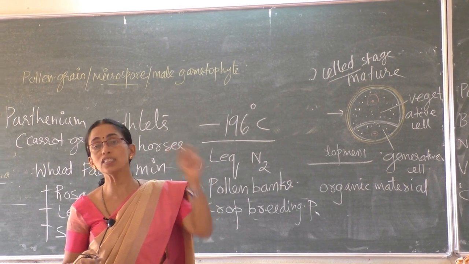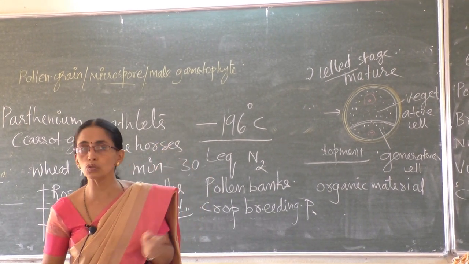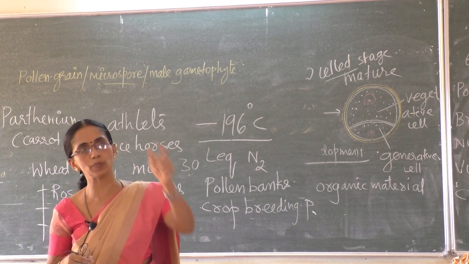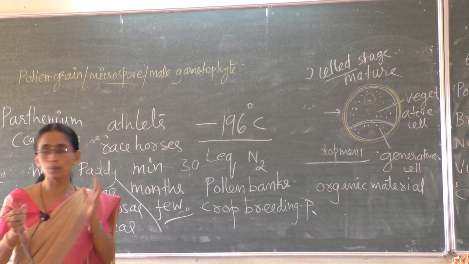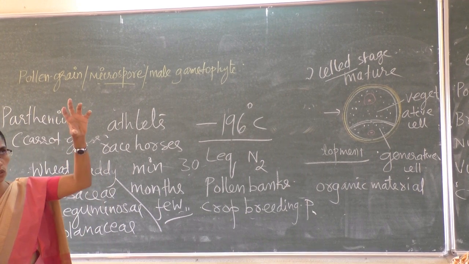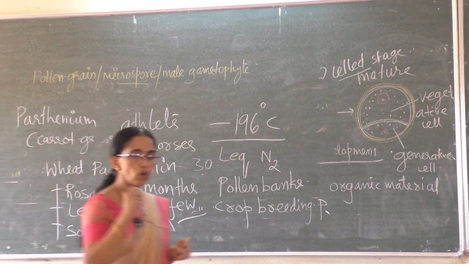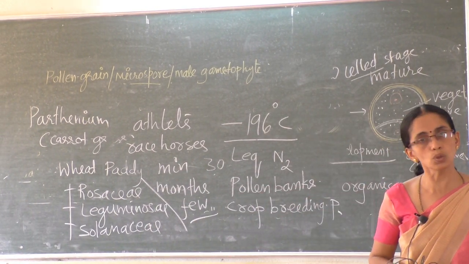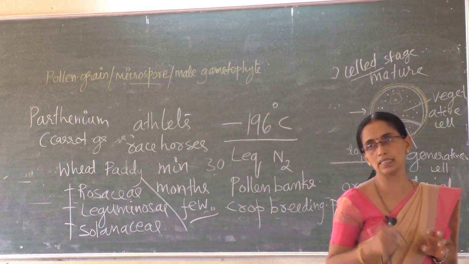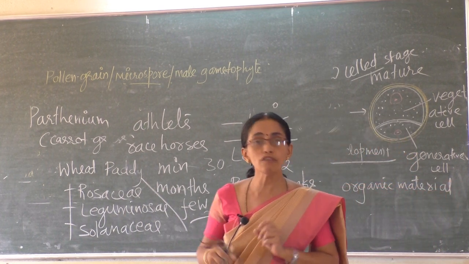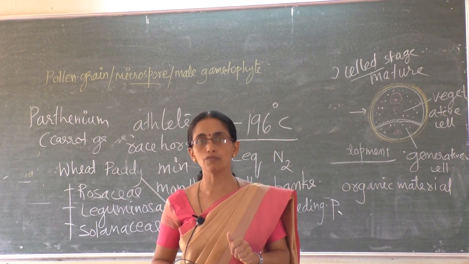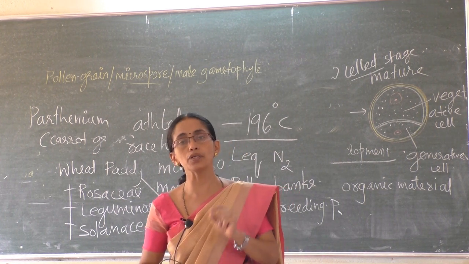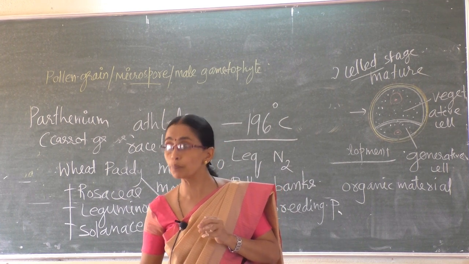When the pollen grain germinates, the germ tube passes out through this pore, germ pore or aperture which is present in the exine. At maturity, pollen grain is with the vegetative cell and a generative cell. In more than 60% of angiosperms, pollen grains are shed 2-celled, in the remaining it is shed 3-celled. Pollen of a few flowers causes allergy, a few cause bronchial afflictions. Pollen of a few are nutritive, pollen can be preserved.